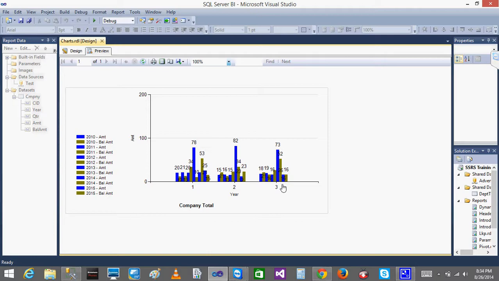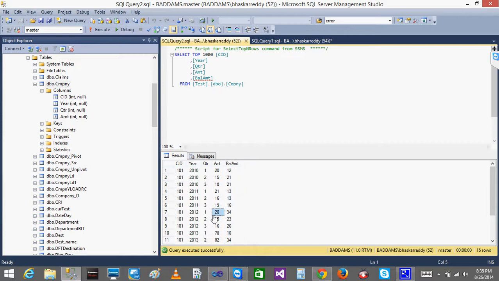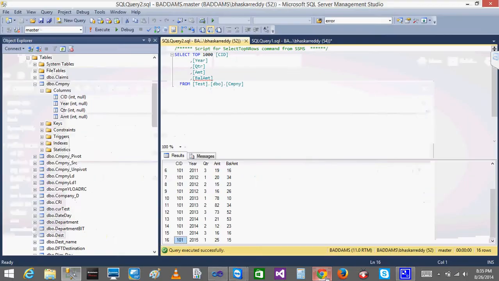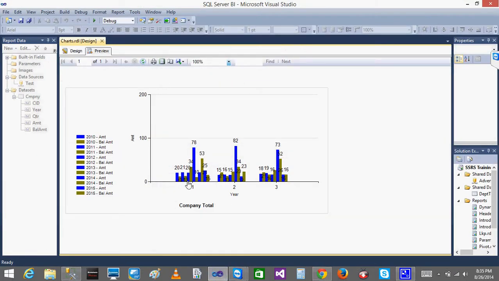Yes, Master. Okay, this is the other way to do that. See here, for quarter 1 only we got the year 2015, right? So now you can see in the report also. In quarter 1 you can see 1, 2, 3, 4, 5, 6 sets. But in quarter 2, 1, 2, 3, 4, 5, only 5 sets, for 5 years, like this. You can play around with them. Series is nothing but breaking the report.